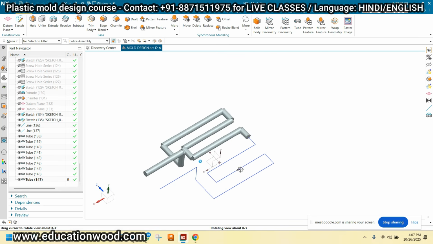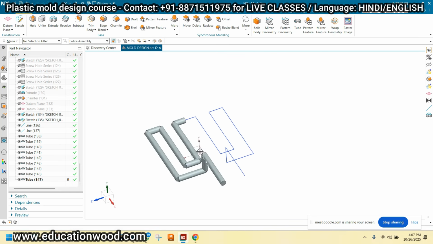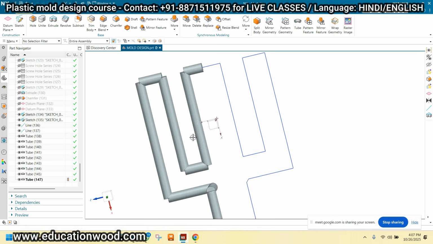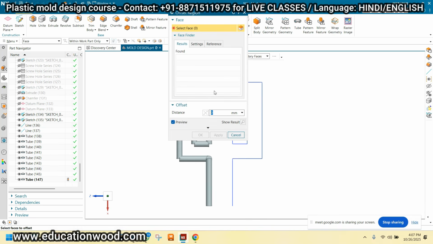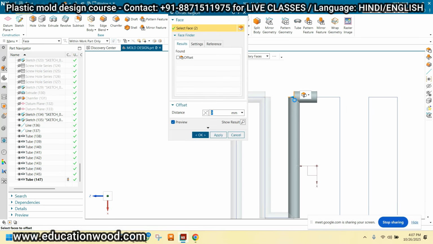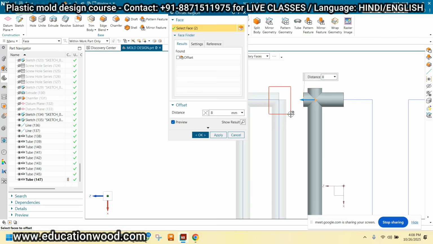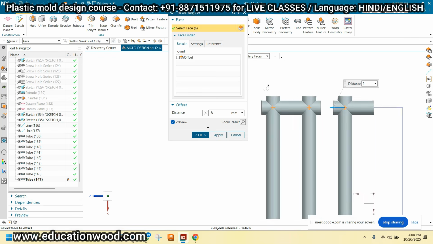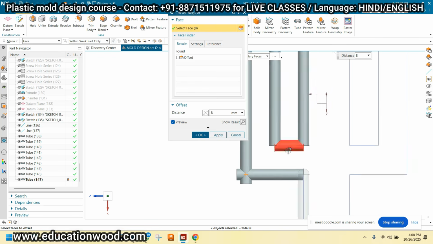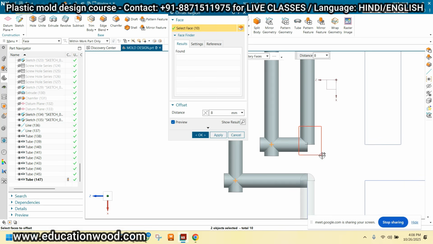Okay. See, and just hide, offset this face. 8 mm, 8 mm, 8 mm, and 8 mm. Why am I offsetting this?